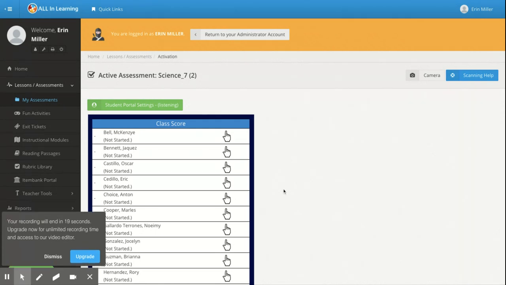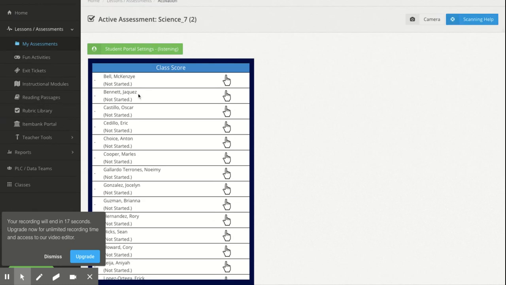Once I've posted the assessment to the student portal, I can come back and see at any point which students have started the assessment or not. And as they complete the assessment, for example, with our slider questions where they've done a short response and we want to grade it with a rubric, I can select here and then give